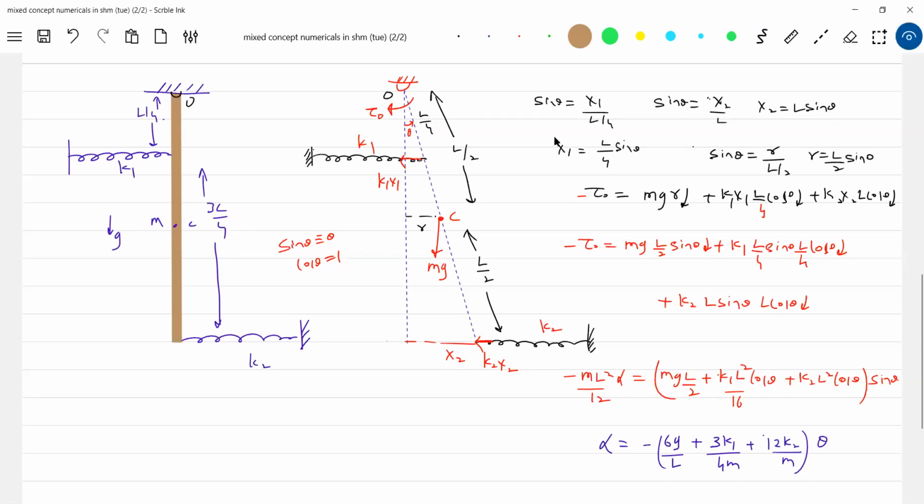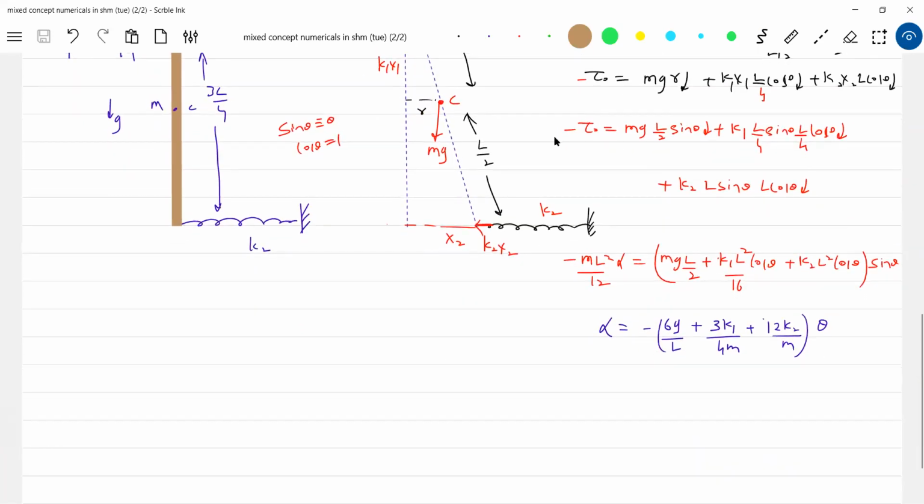Now, see this. Okay, I think the calculation is correct. So this will become 12 by 2, 6. 12 by 16 will be 3 by 4. So this will become 12. Okay, this will be the angular SHM. So now we'll